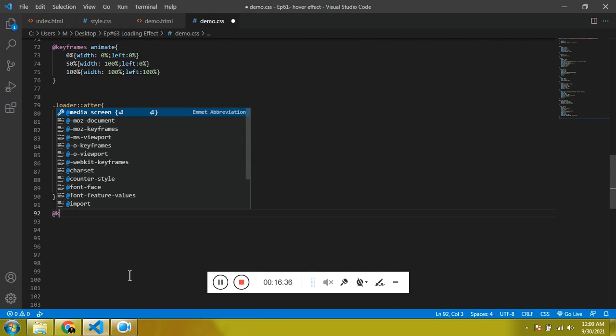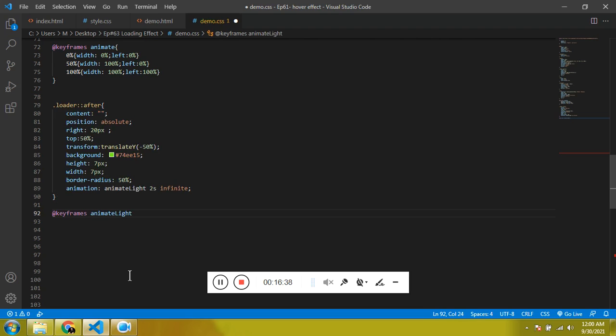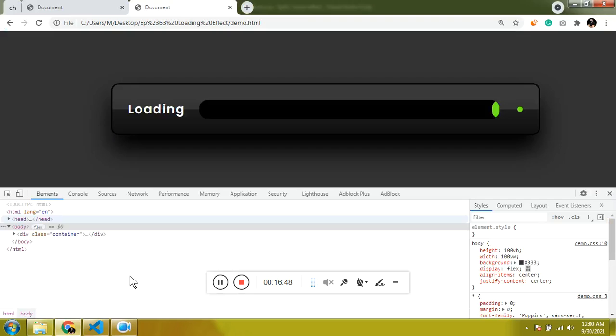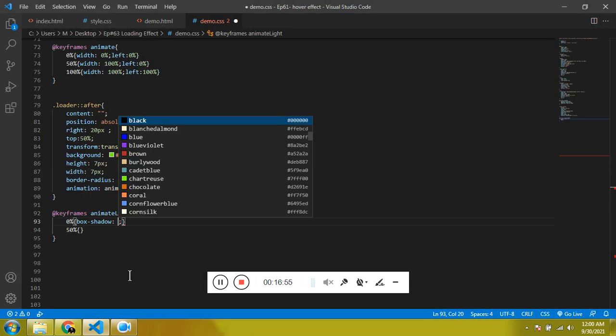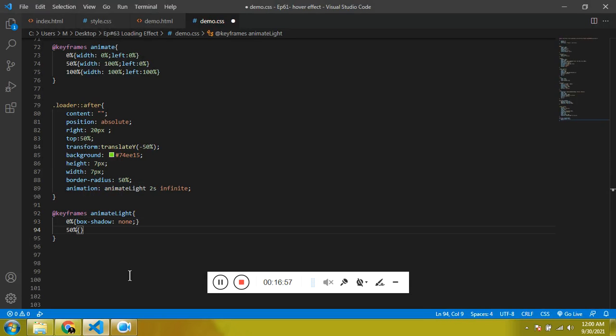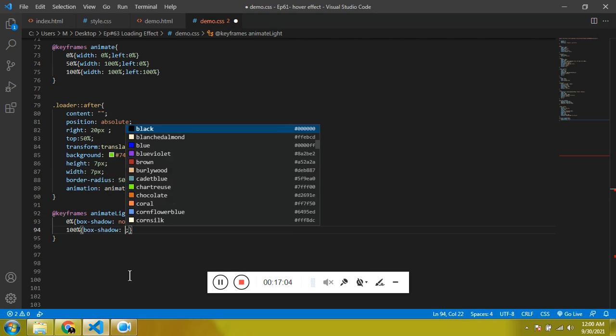Let's define keyframes on 0th percentage and on 50th percentage. What it should do on 0th percentage is, let the box shadow be none, and for 100th time frame let the box shadow be